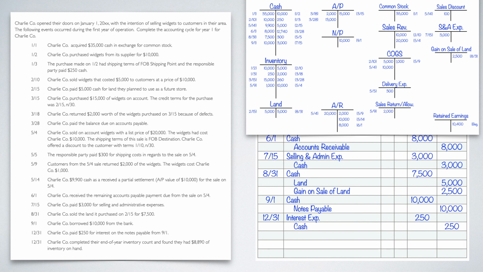So what we would do is we would do a journal entry that says, the interest. I completely forgot about the interest T table. Ooh, there we go. So 12/31, we're going to expense the inventory that we lost. We're going to call it inventory loss, because this is not an expense because we sold it. This is just because we lost value or we lost it somehow. Either somebody stole it or whatever, but we lost $100. And then our credit is going to be inventory because we're lowering our inventory by that 100. So it would look like that. Put that in my T tables. Looks like this. There we go.